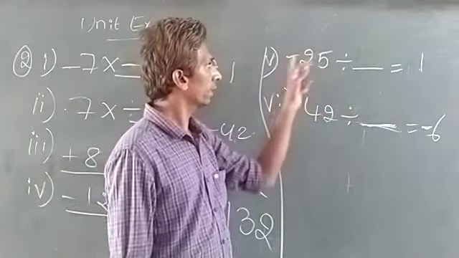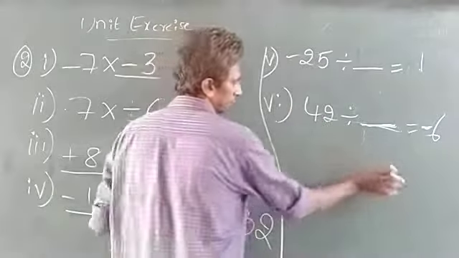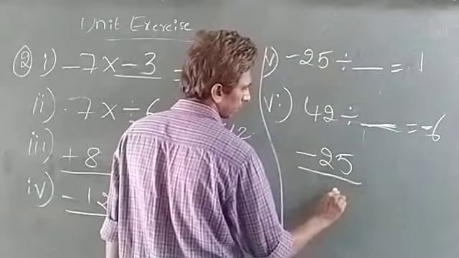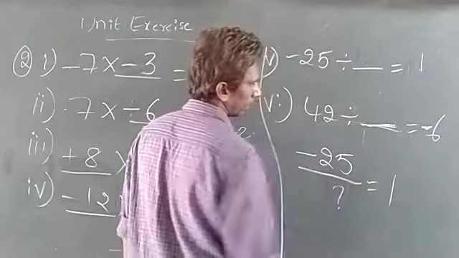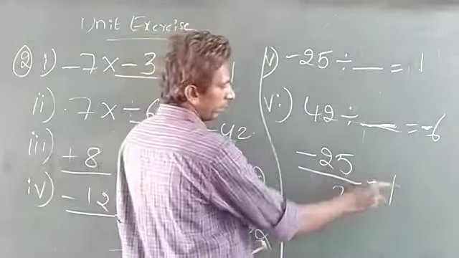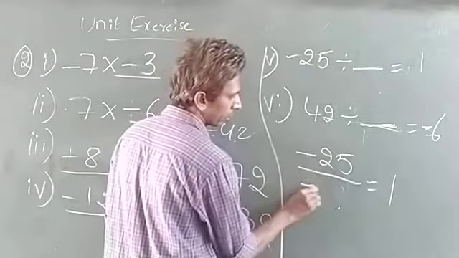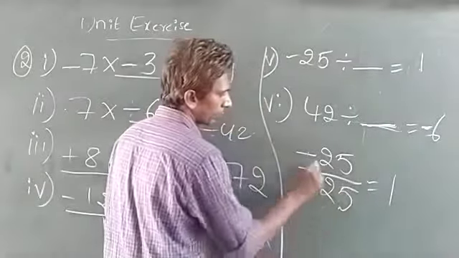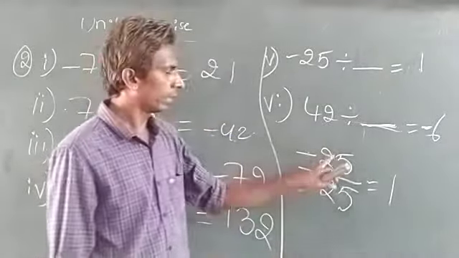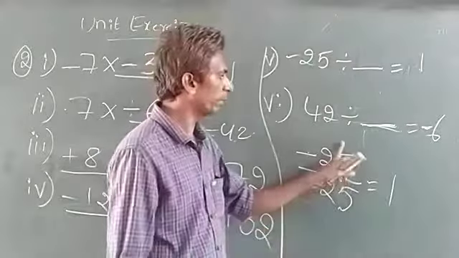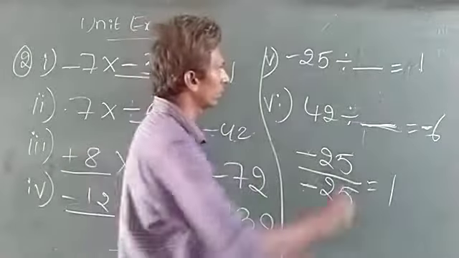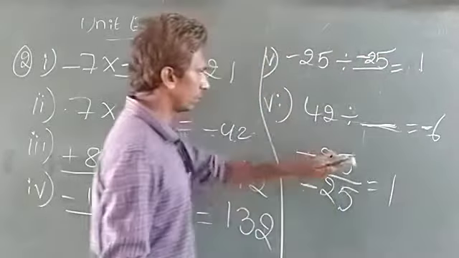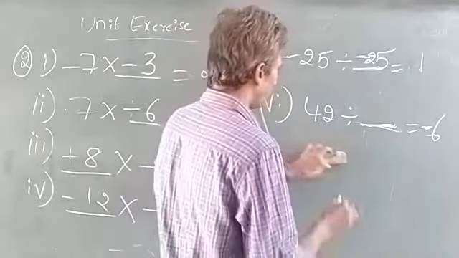So to get 1, here see, minus 25 divided by question mark that equal to 1 you want to get. So you want to get 1 means minus you want to cancel. So minus will be cancelled. So 25 you will write. So 25 also cancels, 1 minus also cancels, means all will be cancelled. So it will become 1 by 1, so 1 by 1 is equal to 1. So it means minus 25. Minus 25. Next one.